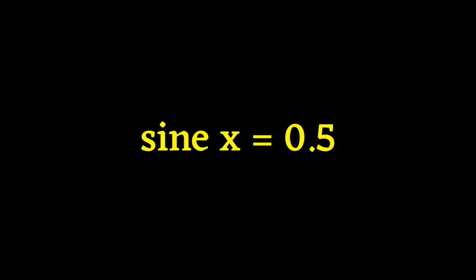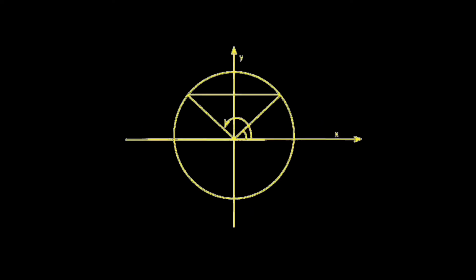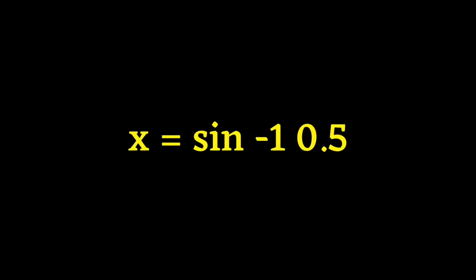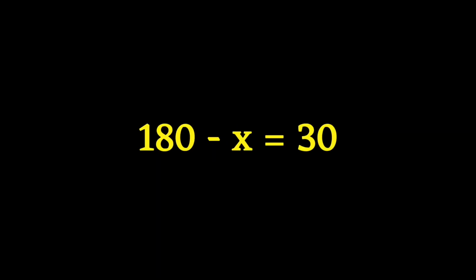Here is an example. Solve the equation sine x equals 0.5 with the unit circle. If we examine the figure below, it is evident that there are two solutions to the problem. We arrive at the first solution by using a pocket calculator and keying x equals sine inverse of 0.5, which is equal to 30 degrees. Since half a revolution is 180 degrees, we ascertain the other angle by 180 minus x equals